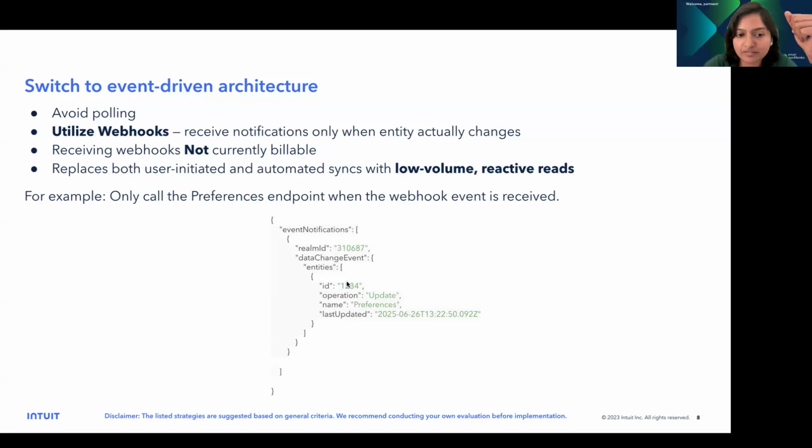So, for example, for the preferences endpoint, whenever a user has actually changed a QBO setting, at that particular time, you will receive a webhook which gives you the ID of that operation, the name of that entity, and